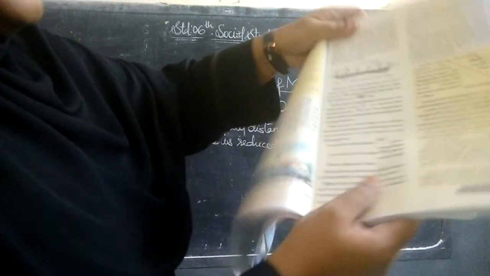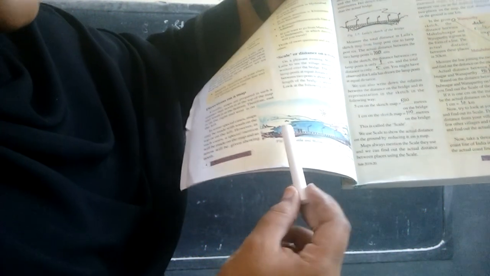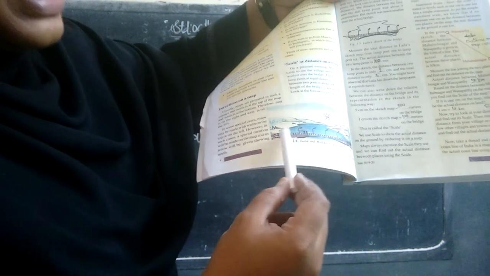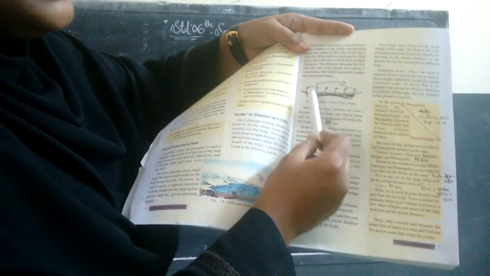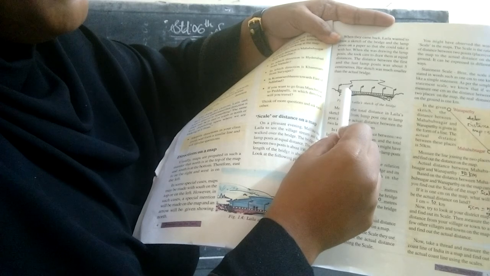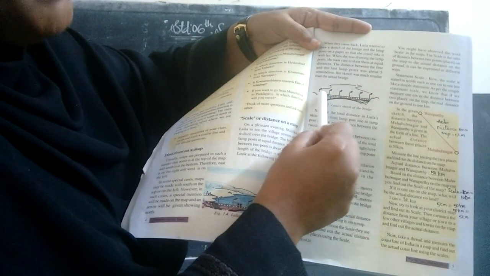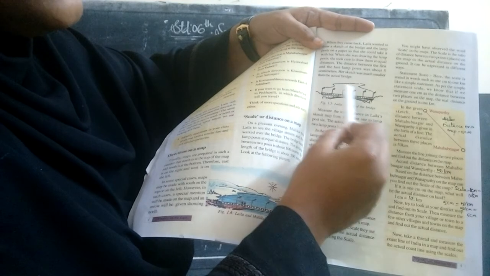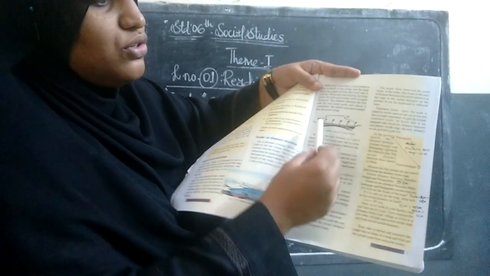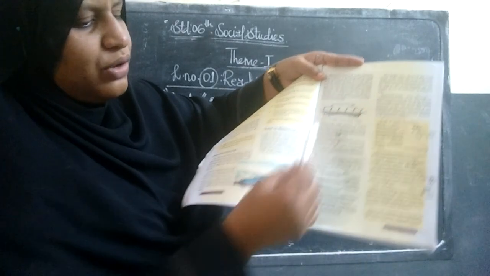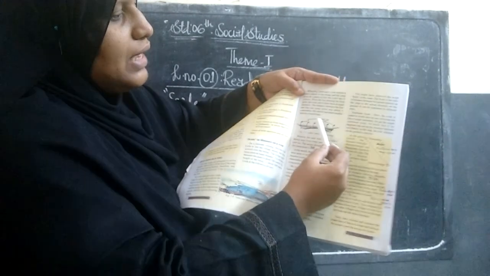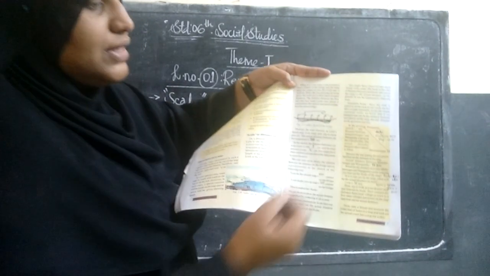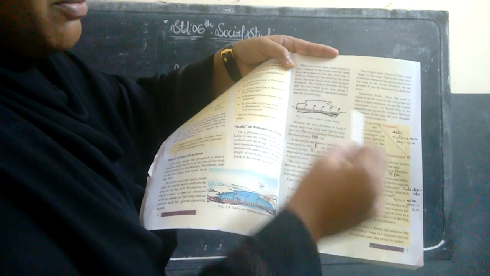In figure 1.4, see how big the picture is. Actually, the distance between lamps is about 100 meters. But when she drew it, the distance from one post to the other is 5 centimeters. So 1, 2, 3, 4, 5. So 5 centimeters she took for each mark. This is figure 1.4, the original picture where they walked, and this is the figure Laila has drawn, but the distance has been reduced.